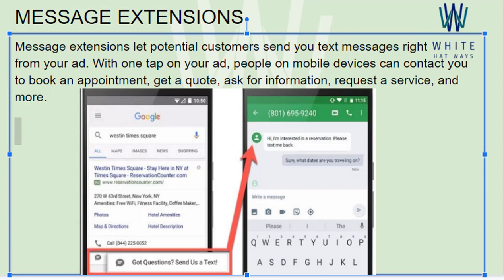Thirdly, he would also need to set the extension text. Extension text is the text of this message extension which will be seen by the prospective buyers, onto which somebody would click, and then he would get to message the advertiser. So this is the first message which will be appearing as a message extension on the search engine results page, onto which somebody would click. So this will be a clickable message.